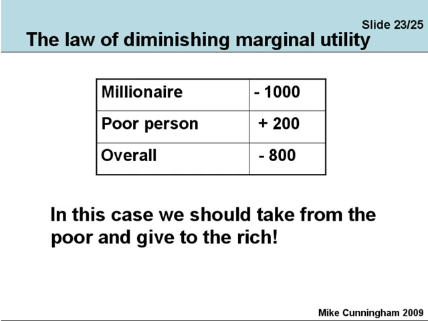The logic seems straightforward. The more you have of something, the less you want an additional unit. So go back to the millionaire. The millionaire has got £1 million in the post office or in the bank or wherever, under the bed. You take £1 from the millionaire. The millionaire doesn't value that £1 because it's got so much of it. The poor person values it a lot. That's the logic behind redistributive taxation. But we can't prove it. It could be, as we've got on the slide here, the millionaire loses 1,000 utils and the poor person only gains 200.